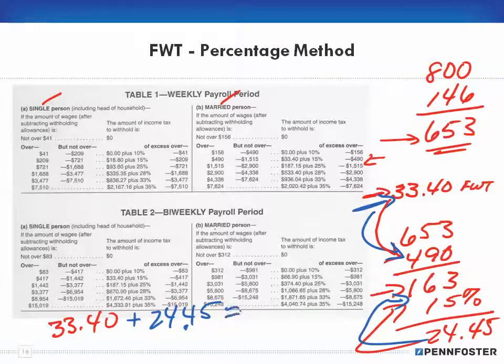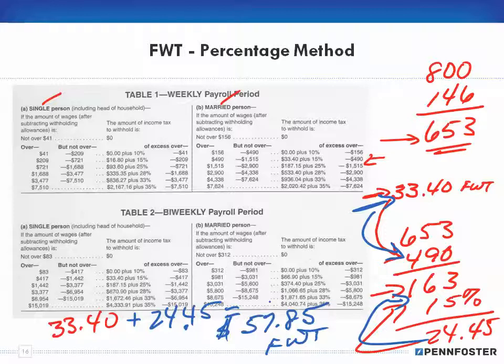So when I add those two numbers together, the amount of tax that I need to withhold for federal withholding is $57.85. Okay, so that would be my federal withholding tax when I do the calculation. Okay? Now, notice that